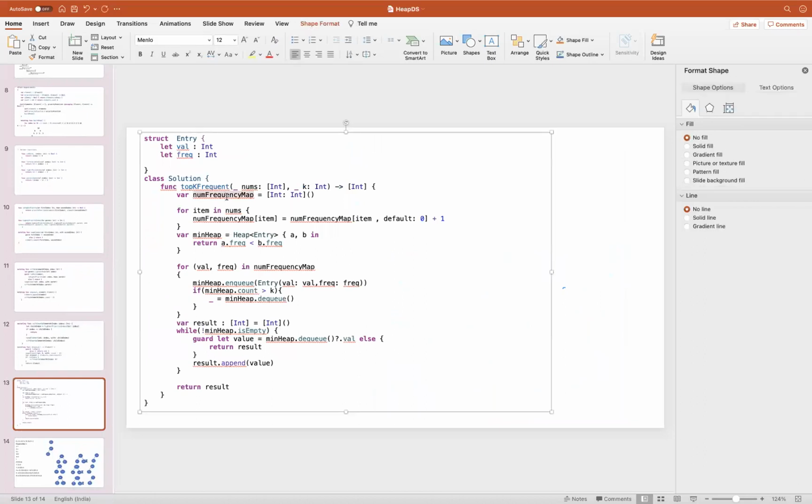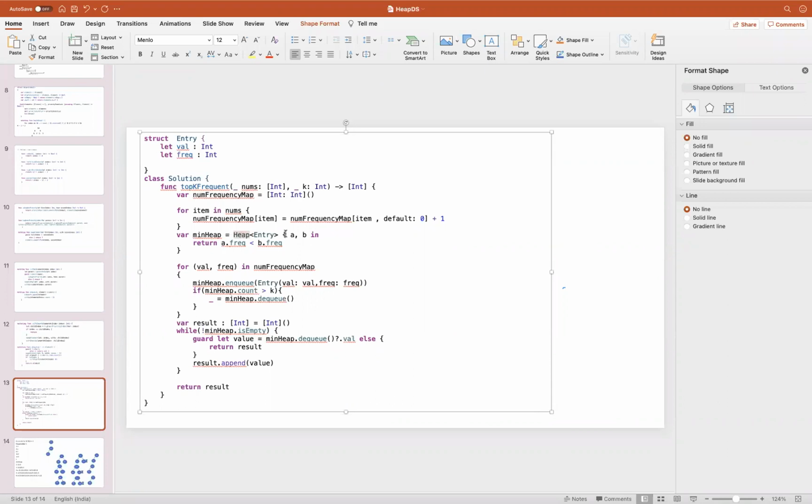Coming to the logic, I had created a frequency map. I initialized it here, and then I updated this frequency map. Once we have this frequency map, I created one heap.